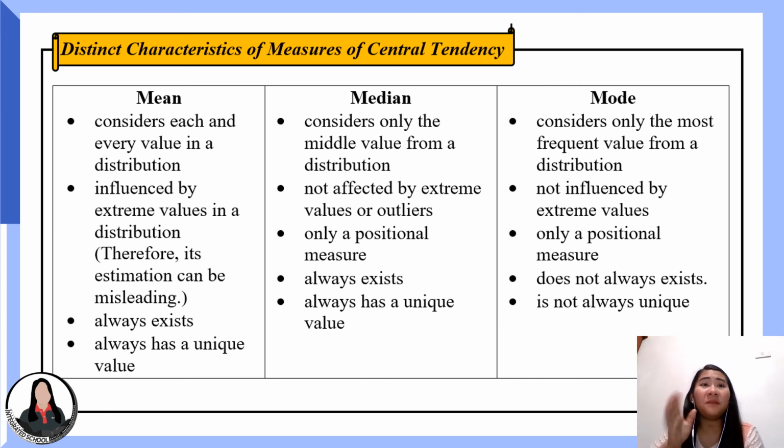Okay? And then mean always has a unique value. Same is true with the median. Yun nga lang, sa mode, wala siyang laging unique value. Okay? So I do hope that we were able to summarize the measures of central tendency for grouped and ungrouped data